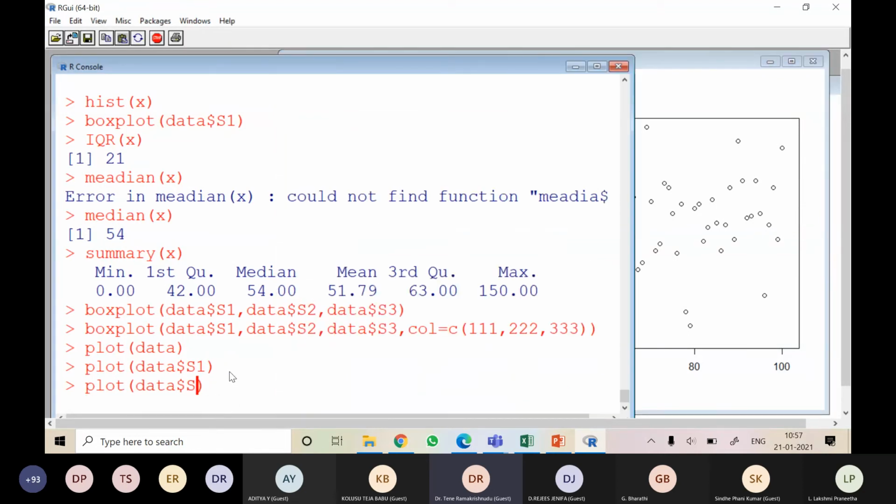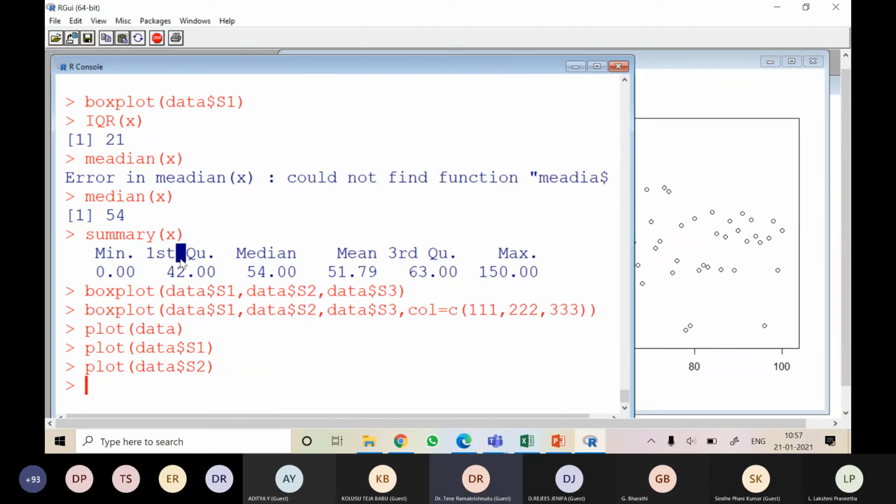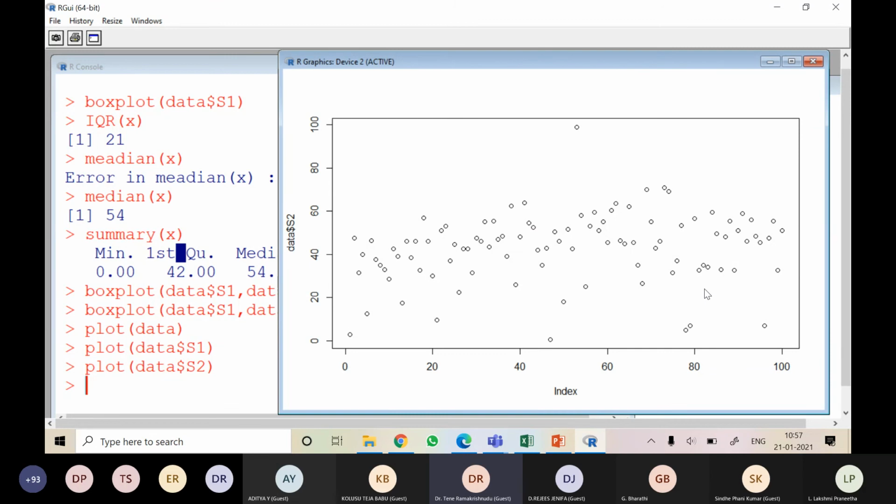In the same fashion, let us see for subject 2. See, in this subject, all the students are coming from the range 60 to 20 only. First student marks are less, and even the last student marks are also less in this particular subject. Like this also you can compare why this particular student scored more in one subject, whereas the same student scored less marks in the other subject. Like that also you can compare side by side. Okay, then